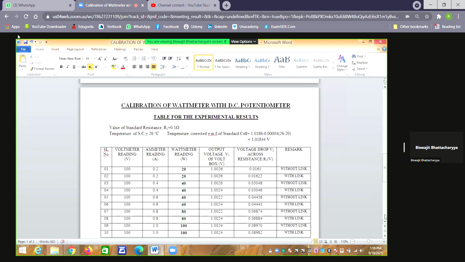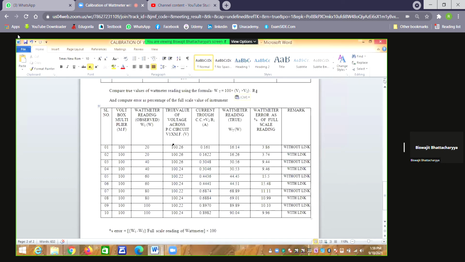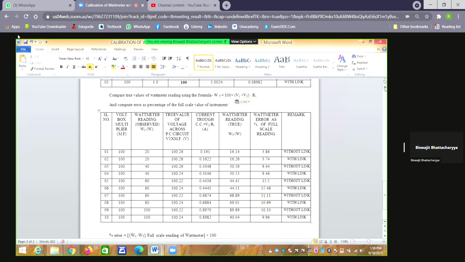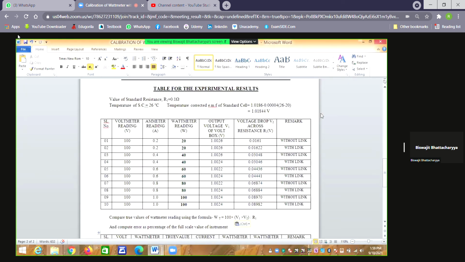Okay, now I go down. So once you get V1, that will be multiplied with 100. And for V2, we get the current coil current, so V2 by R1, the 1 ohm. Now one advantage is that since R1 is 0.1 ohm, V2 by 0.1 means the decimal will be shifted just one place. So 0.01 will be 0.1, and 0.04 divided by 0.1 will be 0.4. So just one shift.